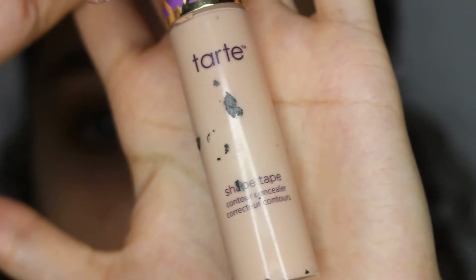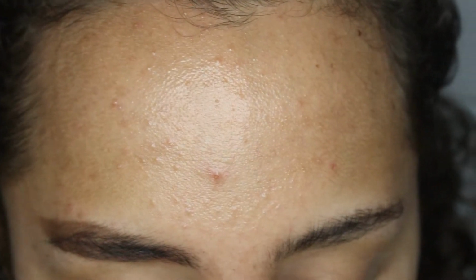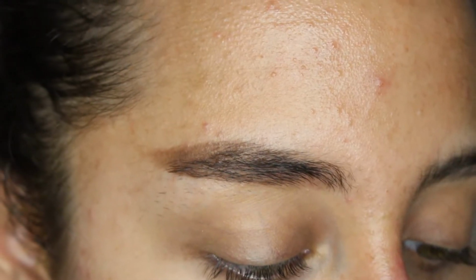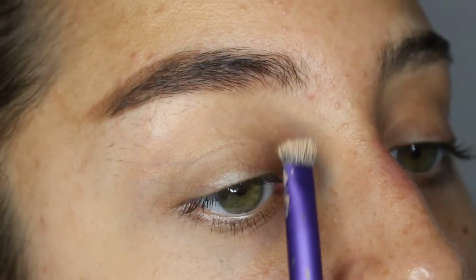Taking my Tarte Shape Tape Concealer, and this is in the shade Light Beige. And then the brush that I like to use to conceal my eyebrows is the Real Techniques Brow Highlighting Brush. And just taking a little bit of that concealer on both sides of the brush. I'm just going to start at the bottom